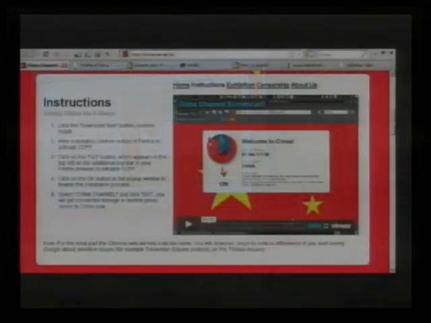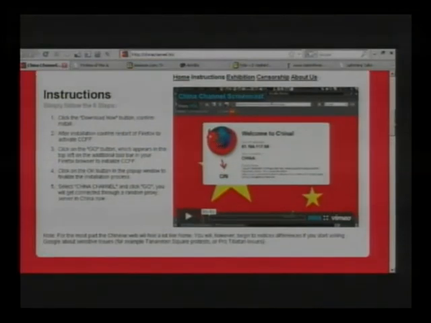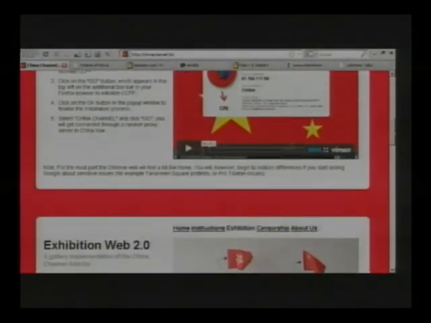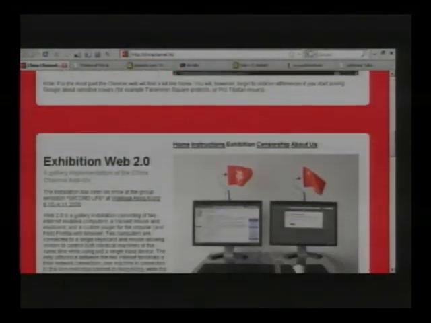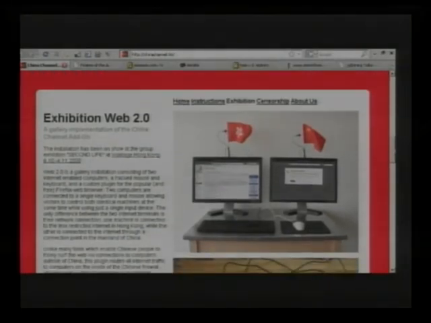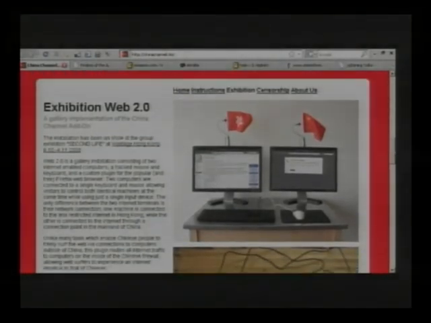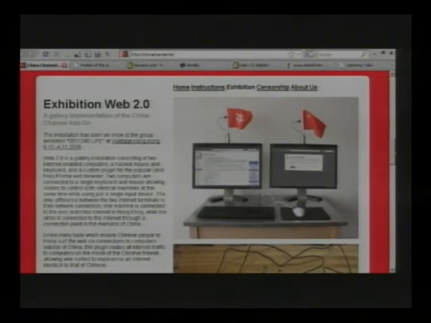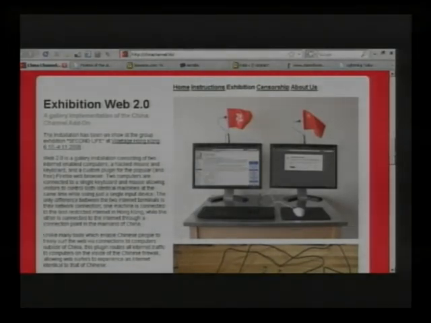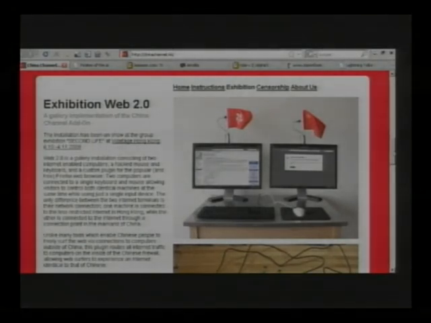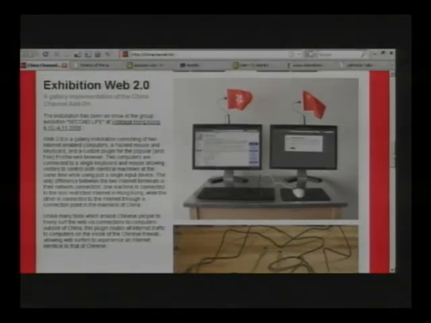There are several countries out there who censor the internet, and China is the biggest one, of course. Part of the piece is an installation with two computers running on one keyboard and one mouse, so you have a cloned keyboard, and you can experience here what happens on the left and on the right side. This was shown in Hong Kong in October, and visualized by the flags, you can see these differences